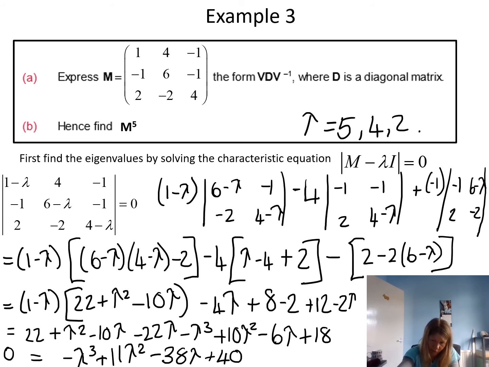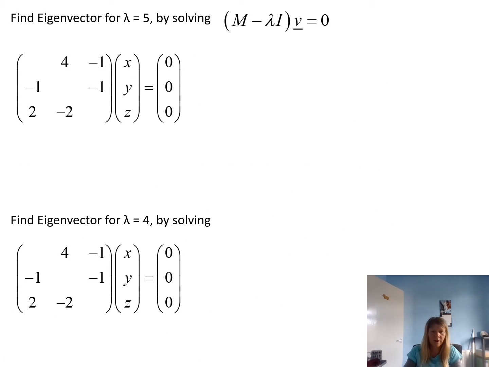What are we going to do with those? Well, we're going to find the eigenvectors with them. So a long boring story here. When lambda is 5, we need to put that in the form of this thing and solve equal to 0. So the matrix M minus lambda I. So we're going to take 5 off all the diagonals basically. So first diagonal was 1, so 1 take 5 is minus 4. 6 take 5 is 1. 4 take 5 is minus 1. And then if you multiply all those out, you'll get